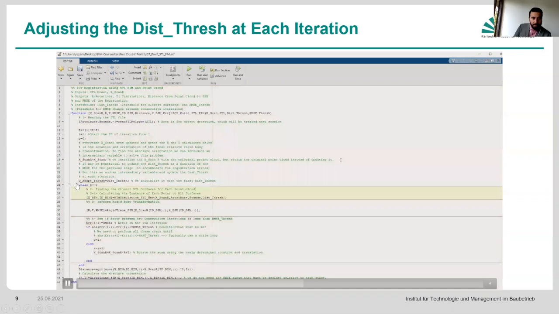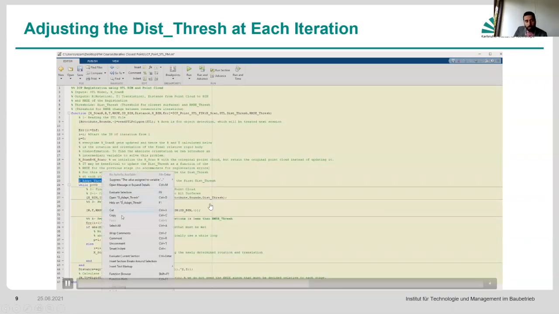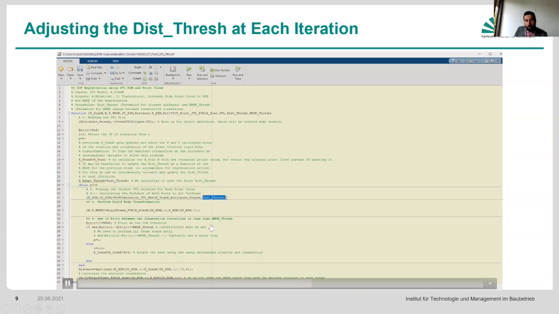So now what has changed? This D underline adaptive is what we're going to change, right? So this goes directly to the place where we used to use our distance threshold. So the first iteration is exactly the same. It's as if we're using the distance threshold, but we're not losing the distance threshold, because we're using it to introduce that adaptive strategy, which is here. And the adaptive threshold for the distance